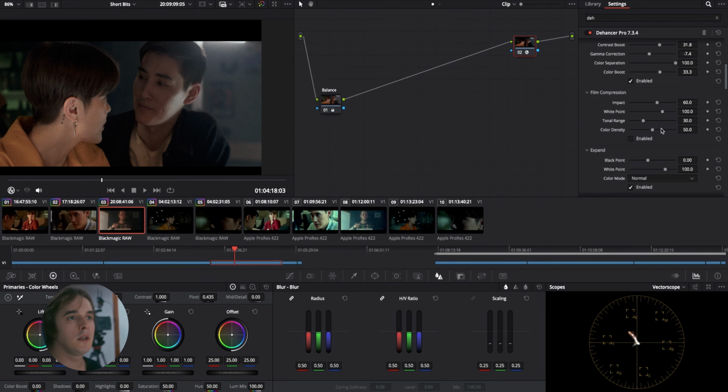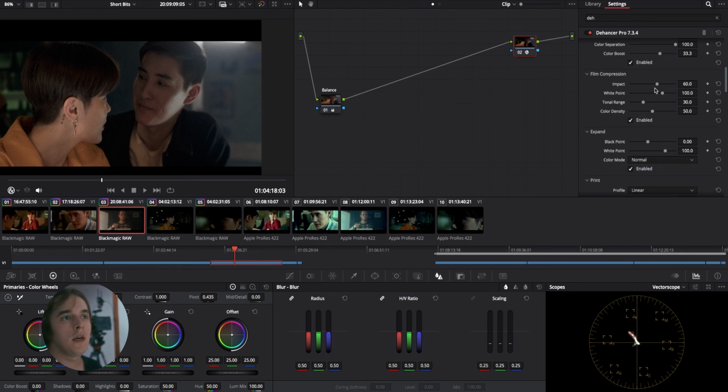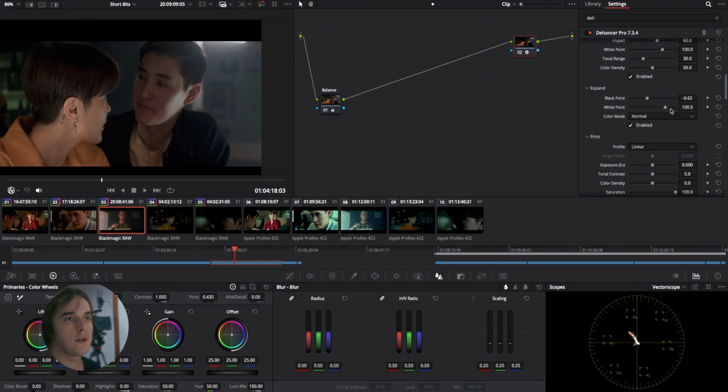So film compression is interesting because Dehancer allows you to set the dynamic range so that it resembles film the most, and it's something that is radically different in digital cinema cameras. The dynamic range is very different, so the clipping point of film is actually higher than that of digital sensors. But here you can set your clipping points, you can set your white point, any adjustments that we make separately on our nodes